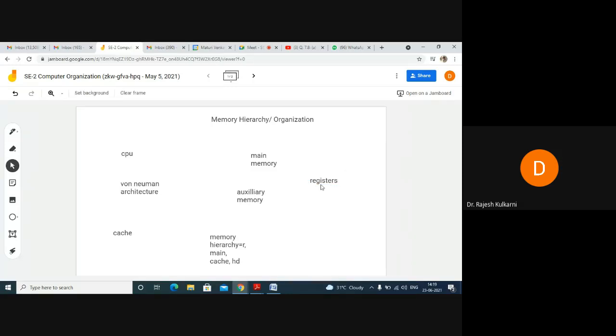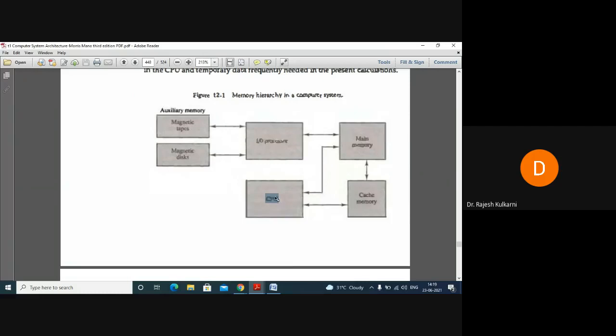These registers are high-speed registers. They are very small in number. They are very fast. They can store very less amount of data. They have limited functionality. So it means if you want to store something in CPU, you cannot store much. That something can be instruction, that something can be data, because the memory in CPU is very limited.